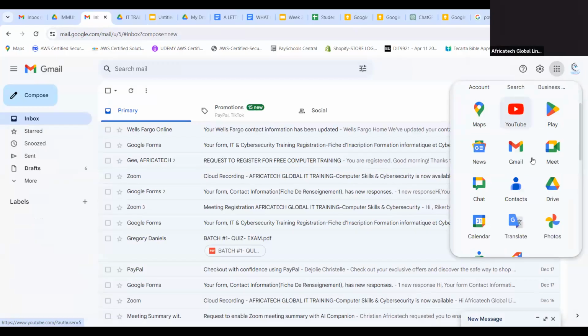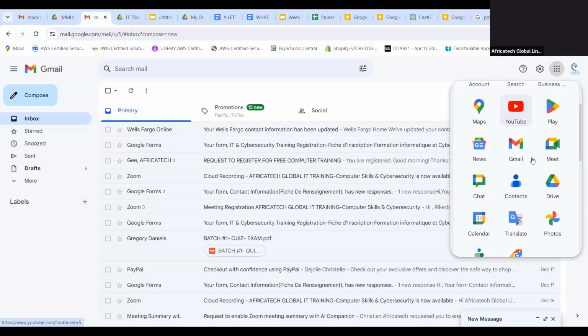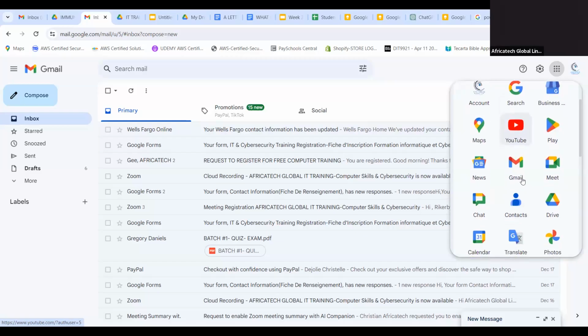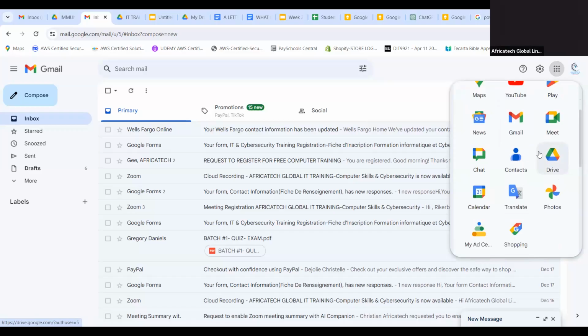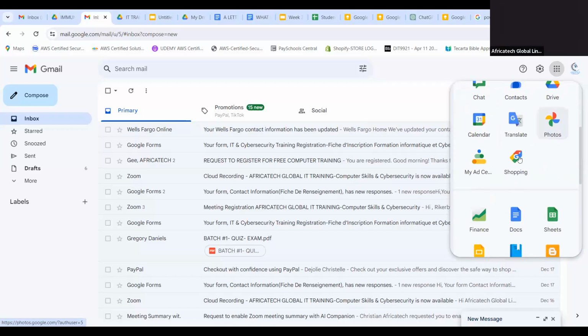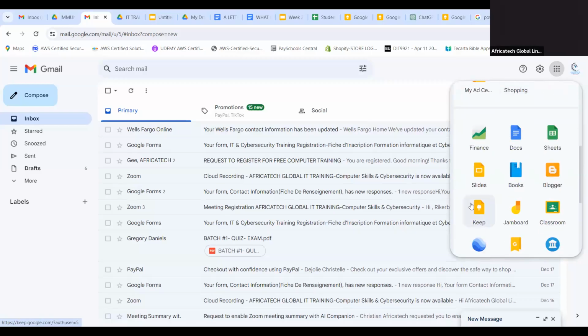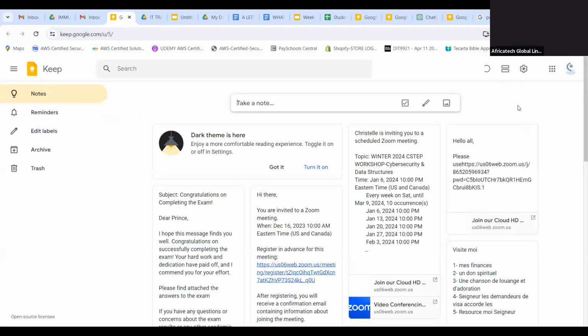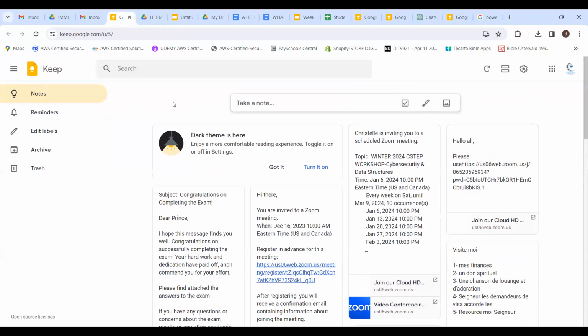I'm going to show you something. We still have a little bit of time to practice. So I'm going to show you. Explore everything that Google is giving you. You have YouTube. We use only this today, right? You can access your contacts. You can access your photos. You can use this also. Keep is a tool. It's something that you can use to save your stuff on your phone, and you can retrieve it on your computer at the same time, okay?